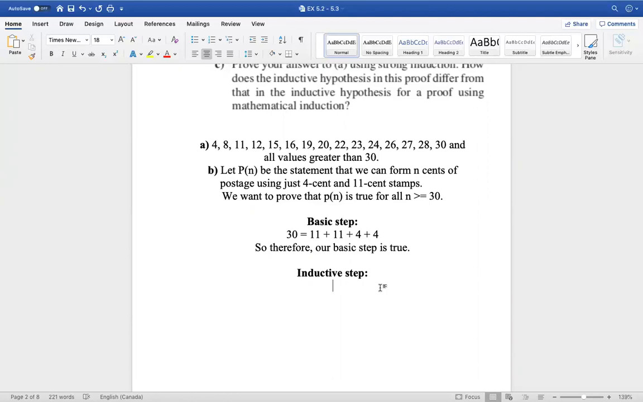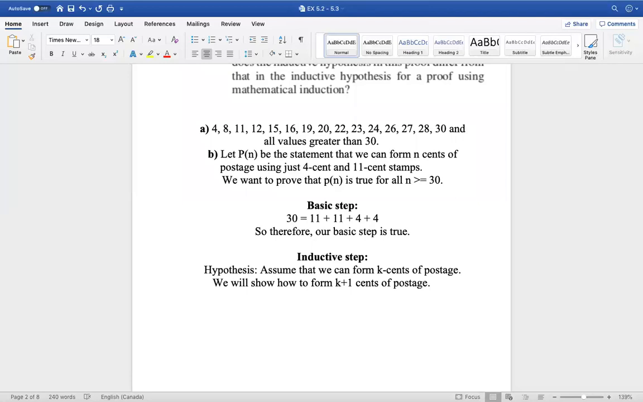Now we move to the inductive step. In the inductive step, we will have an inductive hypothesis. Our hypothesis is: assume that we can form k cents of postage, and we will show how to form k plus 1 cents of postage. So now we will do the inductive step. Here, if the k cents included